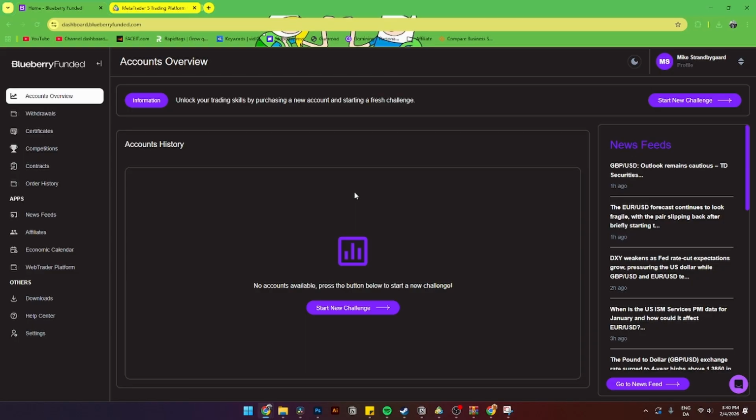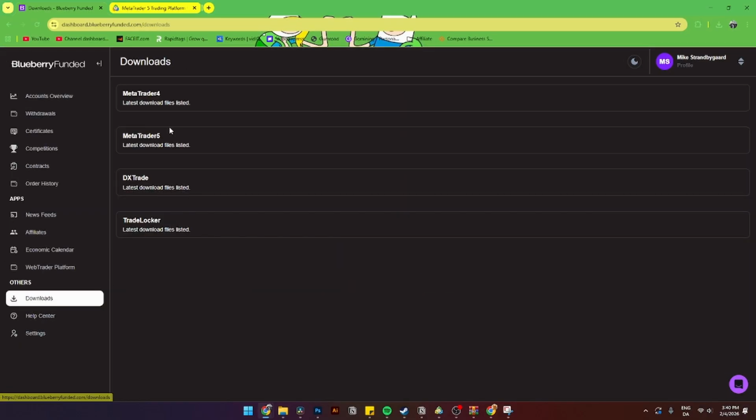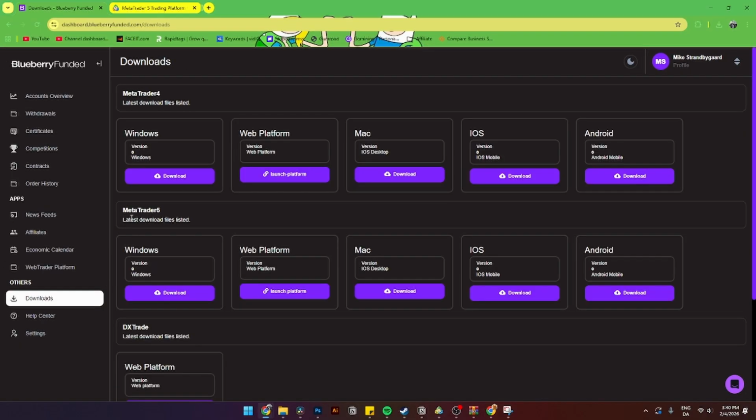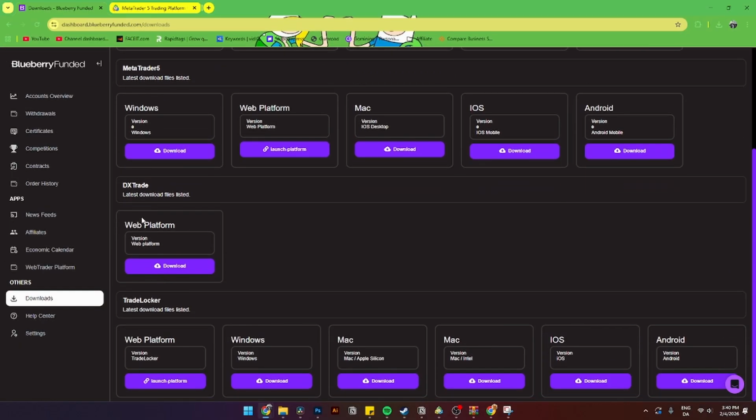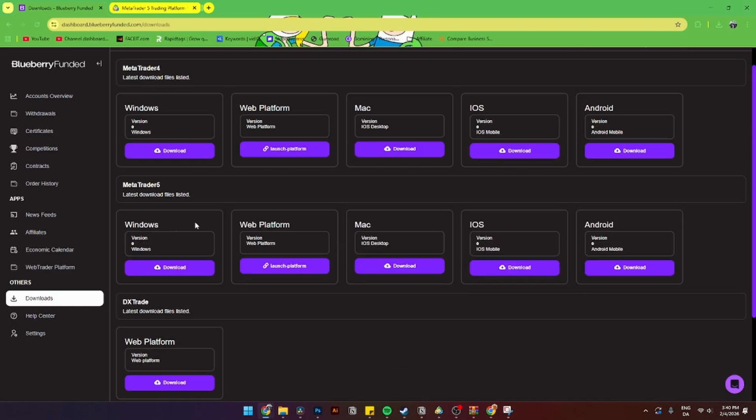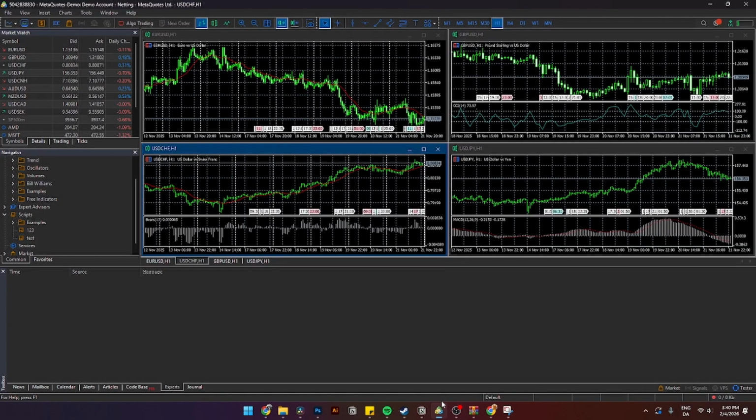From here, you'll need to go over to the website of that specific platform that you have chosen, and you can do that by going down to Others in the menu and clicking Downloads. And then from here, you can find MetaTrader 4, MetaTrader 5, DXTrade, or TradeLocker down here. From here, you'll simply just need to click Download and then follow the install process. Personally, I have chosen MetaTrader 5 simply because I am more comfortable in that platform, so I'll be using that for this tutorial. From here, we'll need to connect Blueberry Funded